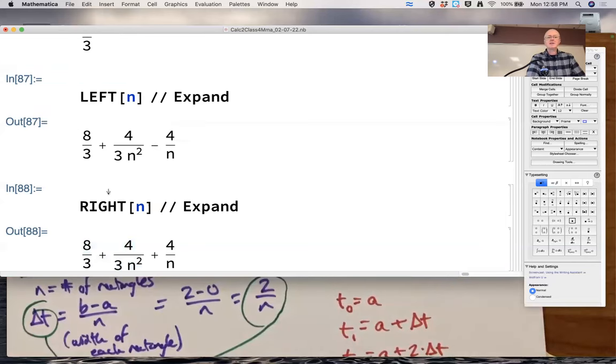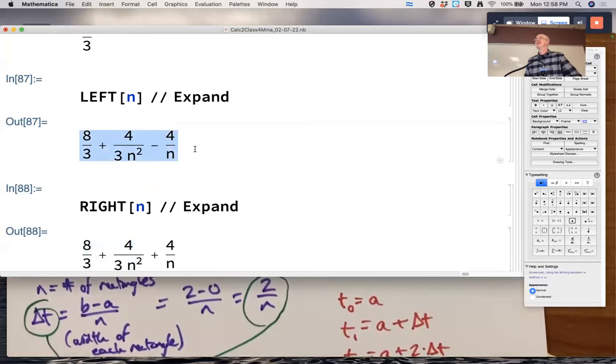Do you need to be able to do it this way? Not without Mathematica's help, okay? Kind of amazing that you actually can find these formulas. You typically can for simple examples like this, though it's definitely not completely obvious how it happens. You need some formulas for some special summations, effectively, is the way Mathematica is doing it. But it's good to see that, yeah, I can look at that expression and say that goes to 8/3 as